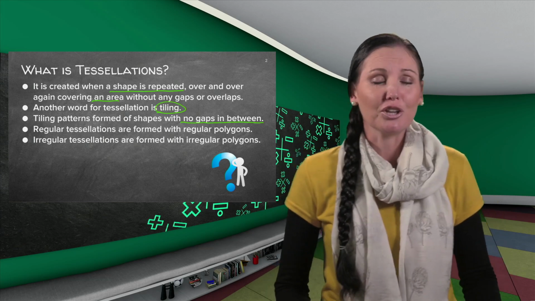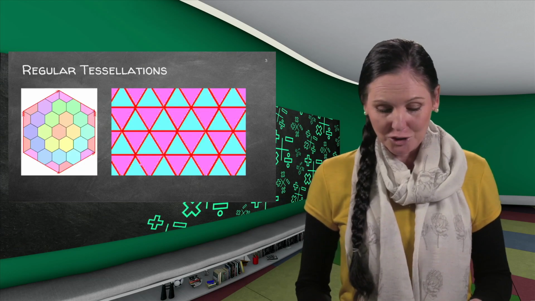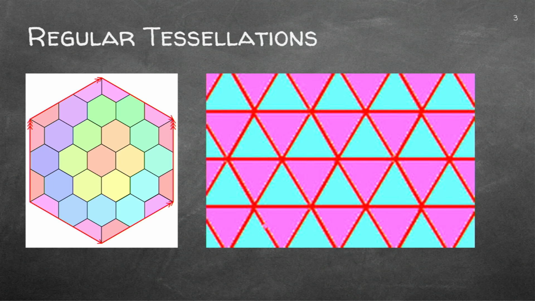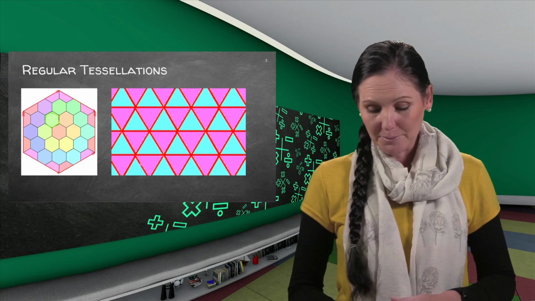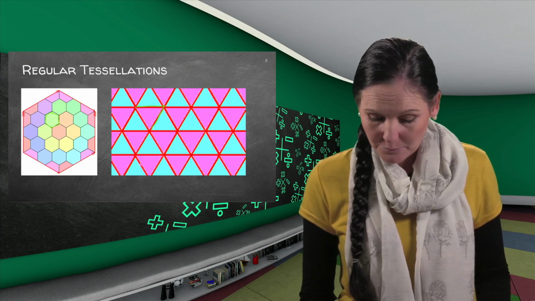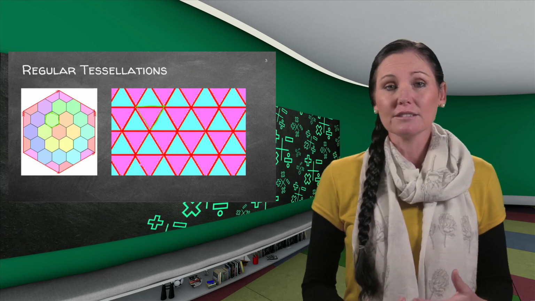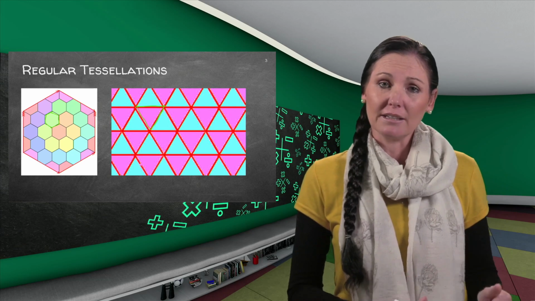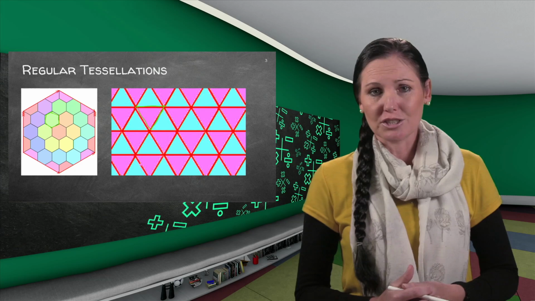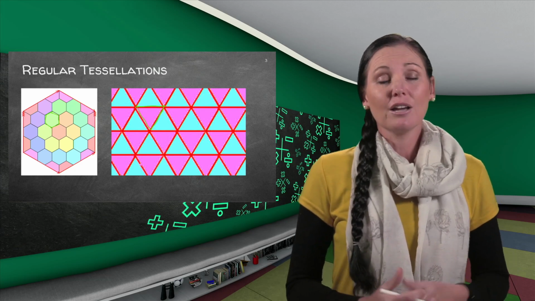So now I just want to show you some tessellations where they use regular polygons. So this is where they tiled or they laid down an area with, you can see 1, 2, 3, 4, 5, 6 sides. So it's hexagons. So they used hexagons, regular polygons, to tile an area or to lay out the area with no gaps. Here they use triangles, and you can see all the triangles have the same length in the sides and the angles are equal to each other. So this is your regular tessellations.